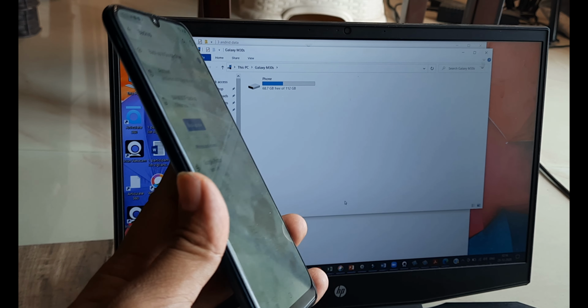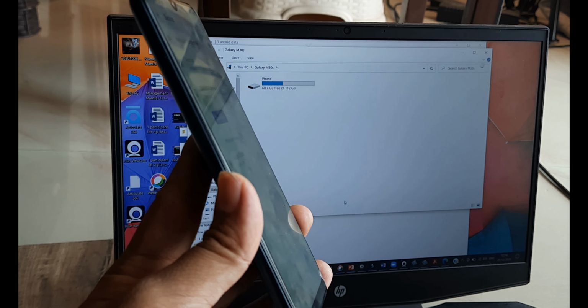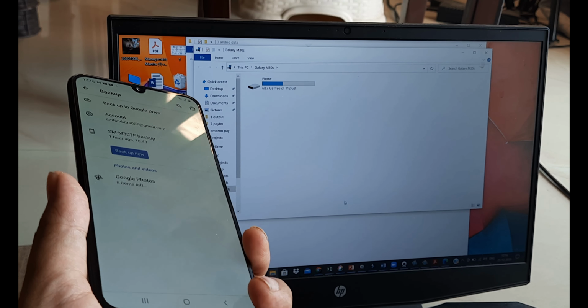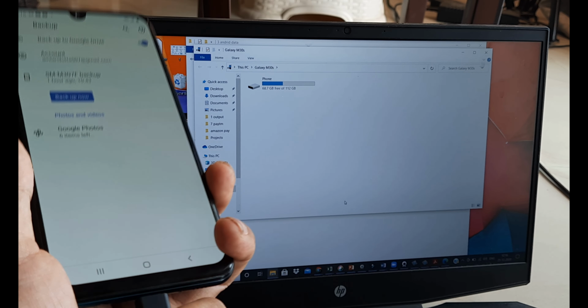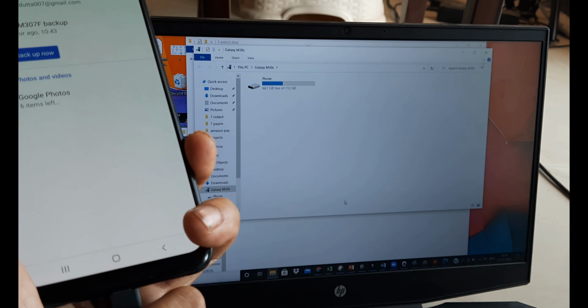However, today's tutorial was on how to take phone backups. I really advise you to go ahead and take a backup in your Google Drive, maybe your Samsung Cloud, and maybe having as many cloud backups as possible. And then again, put in the habit of having a USB complete backup of your phone device as well.